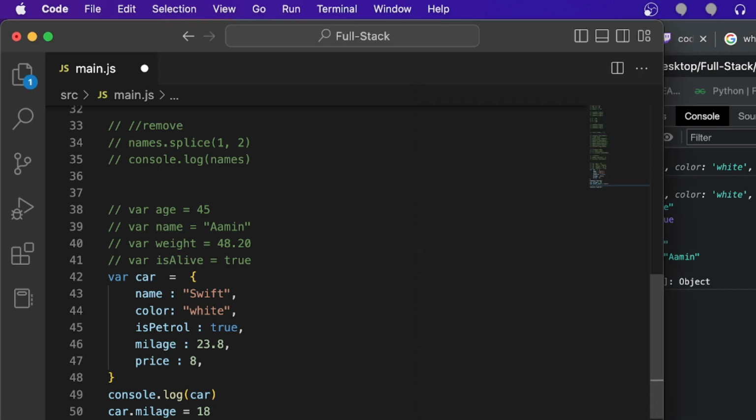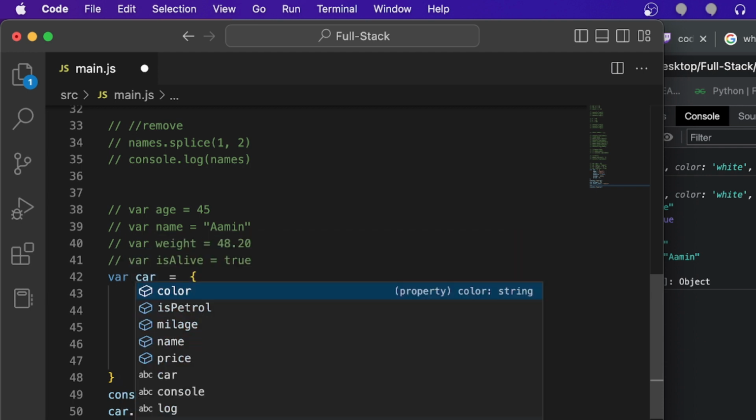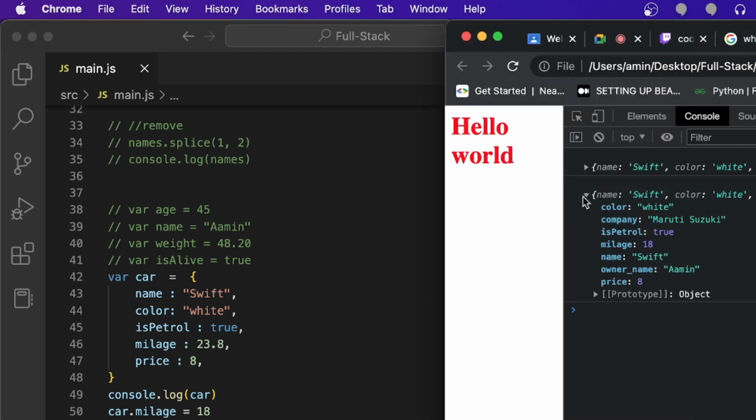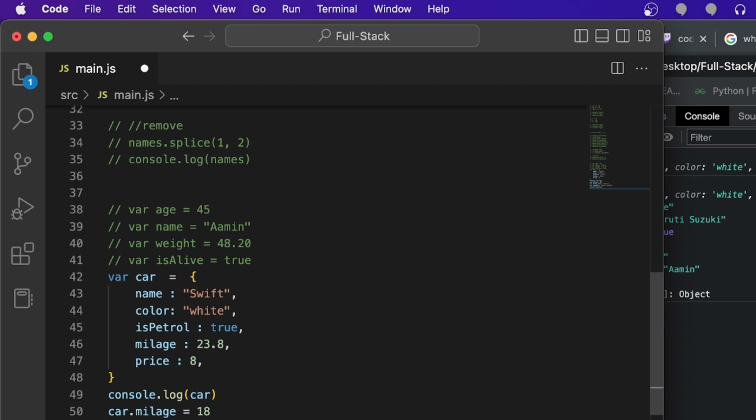Not only the owner, you can also add the company, Maruti Suzuki. So the second time it contains the company name. So you can also add values this way. You can not only add, but also remove a value, like deleting a property, just like delete